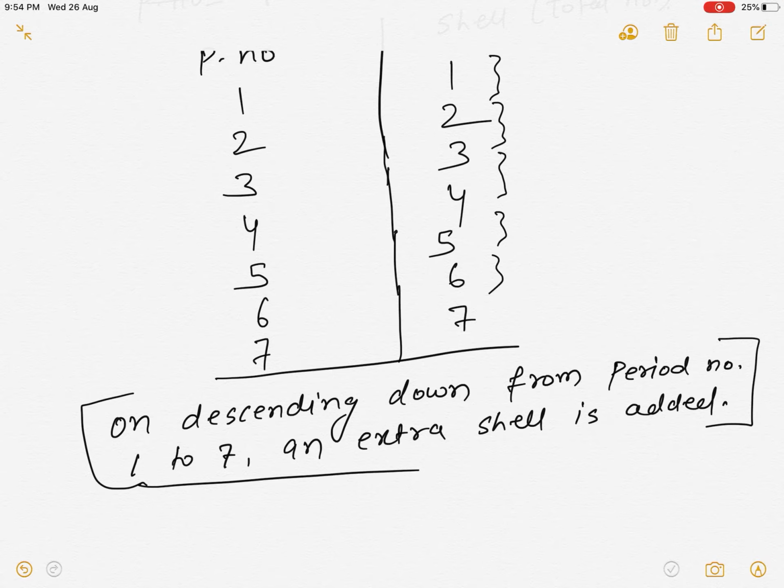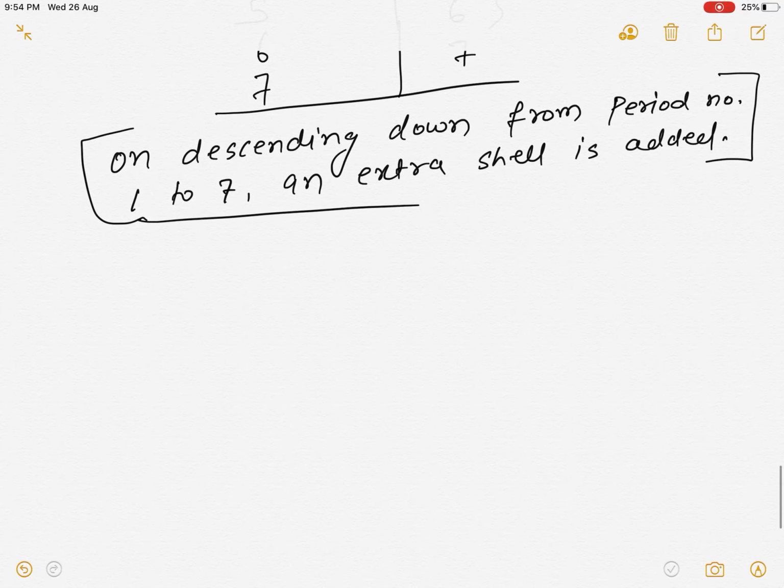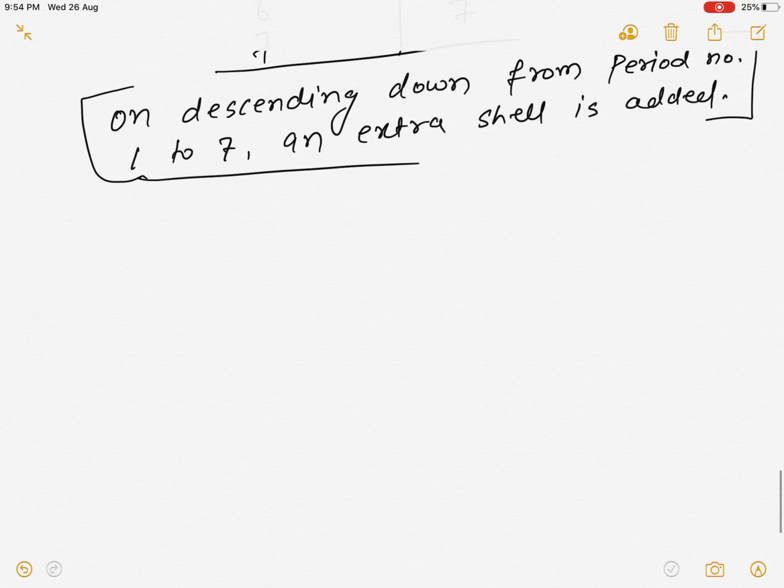I hope the concept of period and period members is also clear. Now we'll see how to find the group number. We are done with the period number. Now we have to learn how to find the group number also. We are going to learn about just the s and p blocks because that is relevant to the syllabus of NSEJS and NTSE.